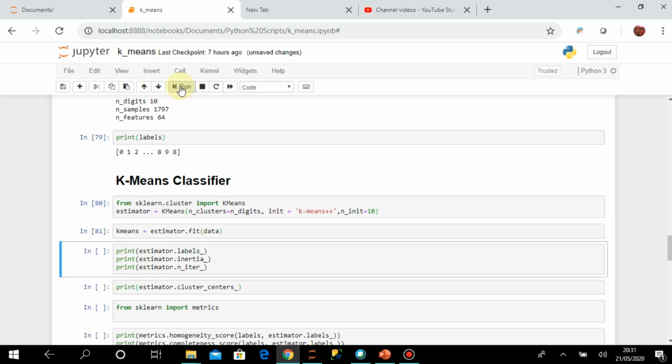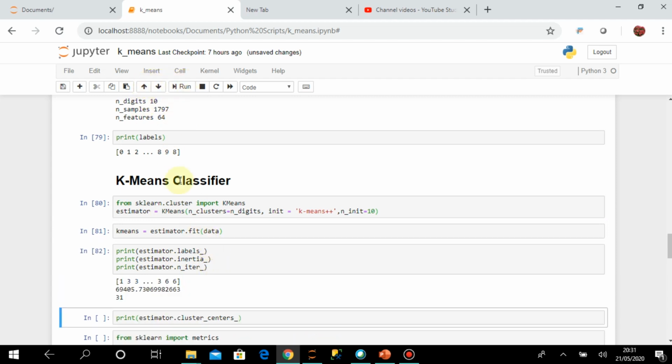Now I can print the attributes of the estimator. We have discussed attributes. These are the labels, which will be from 0 to 9. Then comes the inertia, which is the total distance that we calculate for each sample. Then this is n_iter, the number of iterations that were run, which was 31.